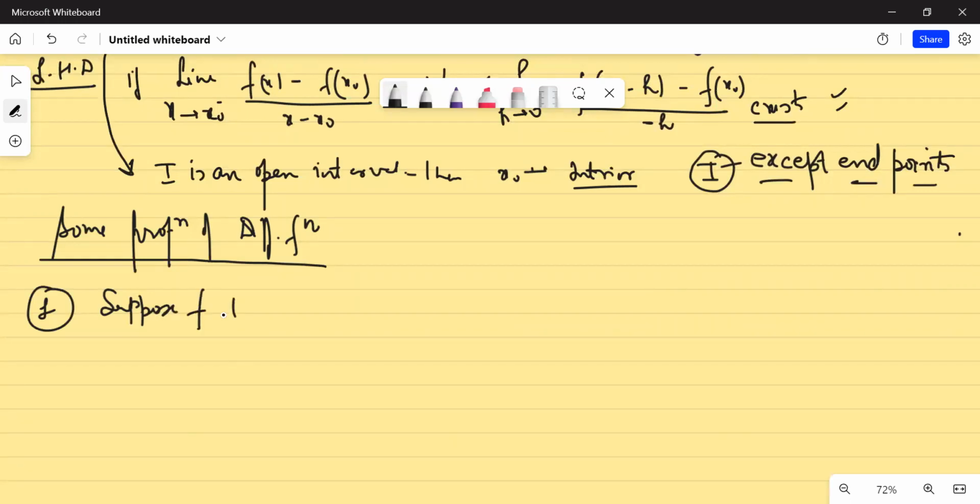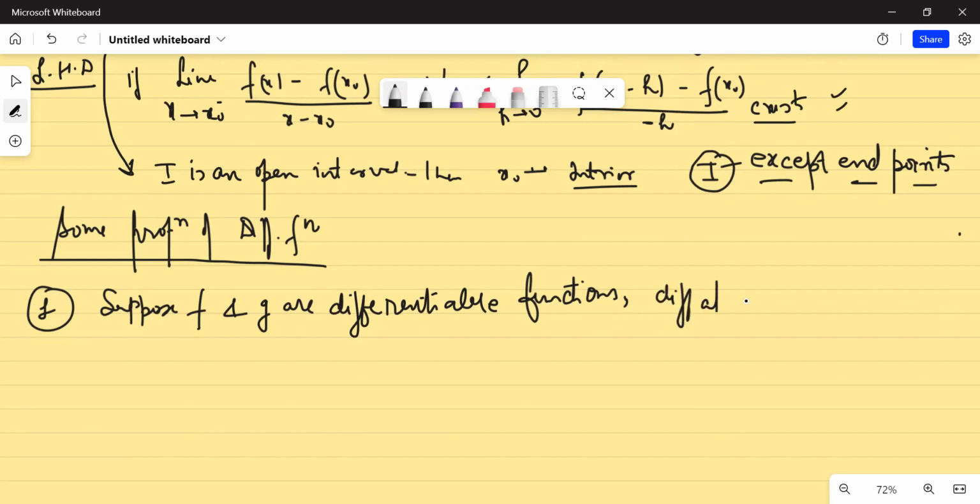Suppose f and g are differentiable functions and they are differentiable at the point x equal to x naught, and let's say alpha belongs to R, then